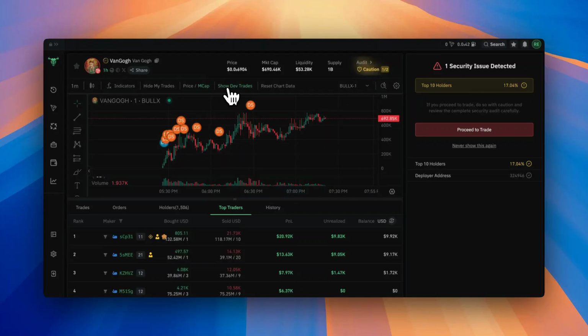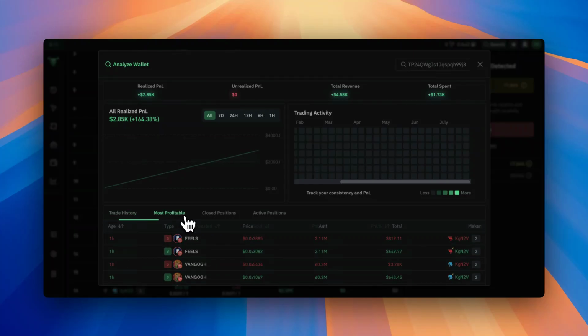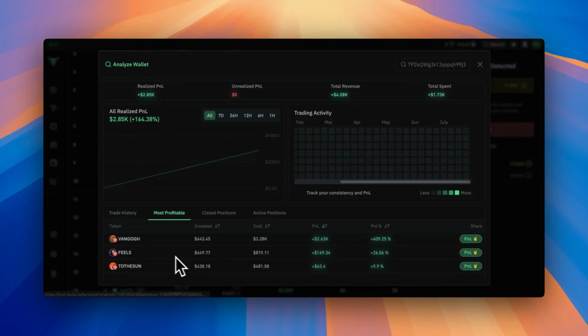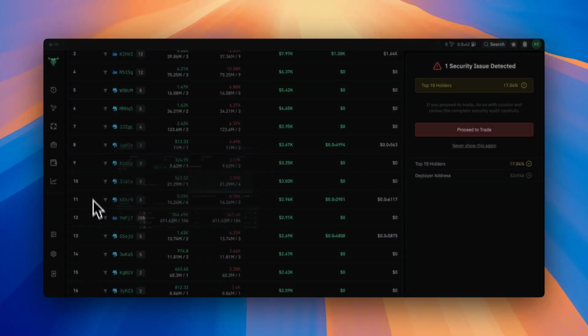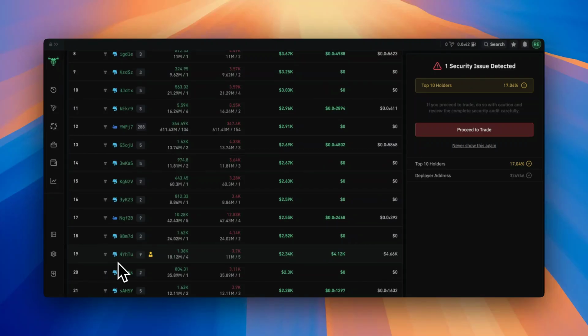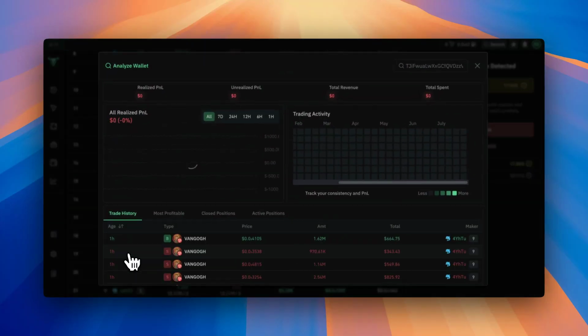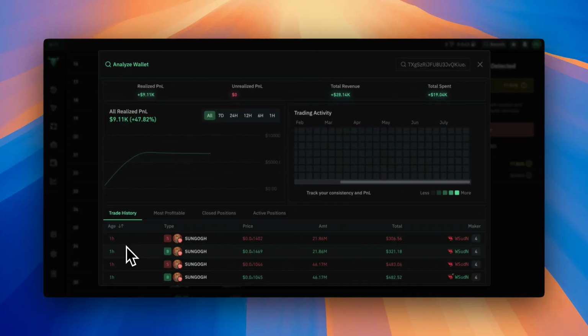But yeah, let's go ahead and hide the dev trades. But this wallet, for example, or where'd it go? So yeah, this gives us a better understanding because these have been trading a little bit longer. So this one has only traded 3 coins and he hit all 3 of them, so probably a newer wallet. Can't really get an understanding of what kind of trader they are, if they're good or not. But yeah, just click through the different wallets on here, and try to find different ones that fit your trading appetite.